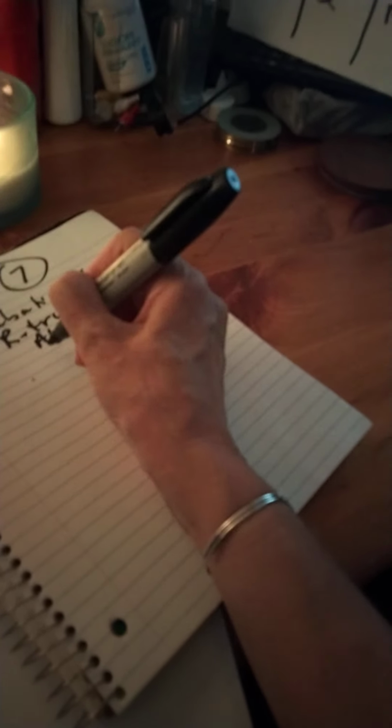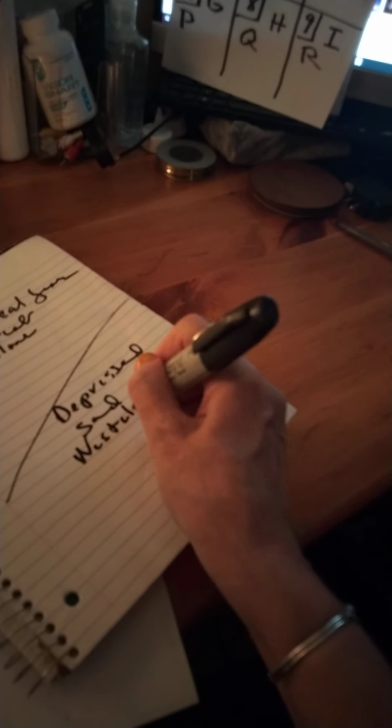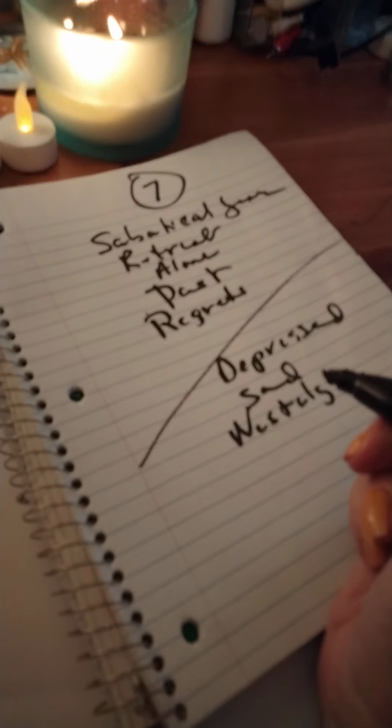The other side of it is you may feel depressed, sad for no reason, nostalgic. You just want to be alone. You may be thinking a lot about the past, regrets. You may just feel like reading a book and staying home. It won't be a wild party year. You'll just want to introspect